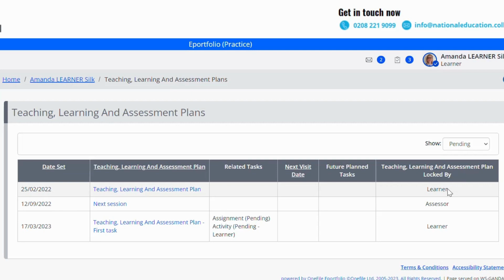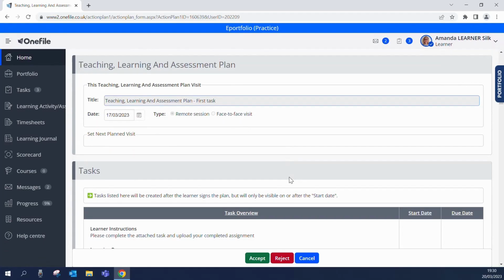So at the moment, there are 2 which are locked by the learner, which is me, which means I can access them. At the moment, there is one of them which is locked by the assessor. This means I can go in and have a look, but I don't need to do anything with that one just yet. So what you would do to have a look at your Teaching, Learning and Assessment Plan, you scroll